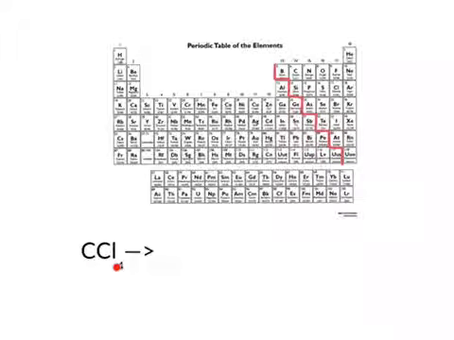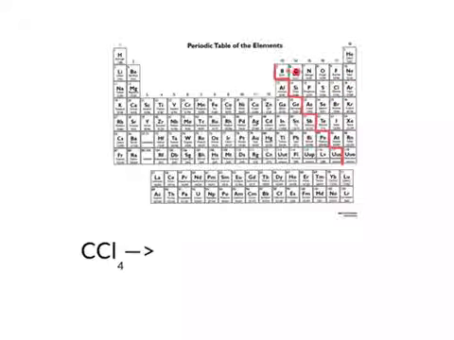lowercase l. Sometimes it's hard to determine if this is a capital I, but hopefully you'll have a font that will allow you to determine that this is indeed a lowercase l. So it's capital C, which is the first element, and a capital C lowercase l as our second element. Let's find them on the chart. So you can see we have our capital C up there, and we've got our capital C and lowercase l